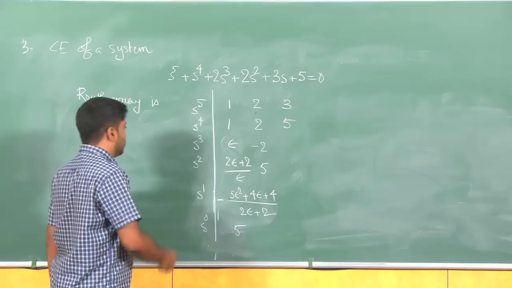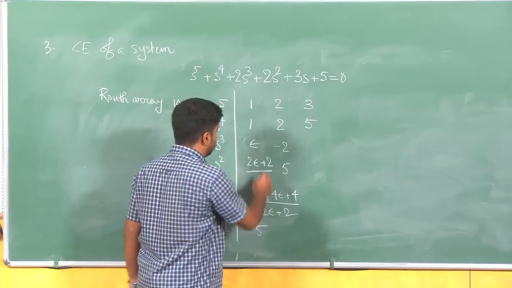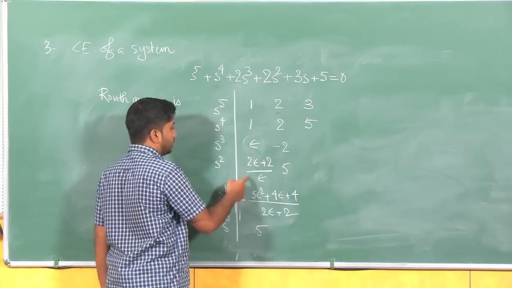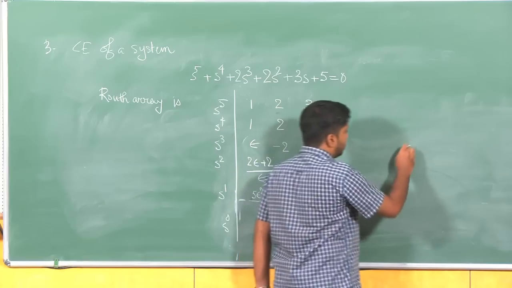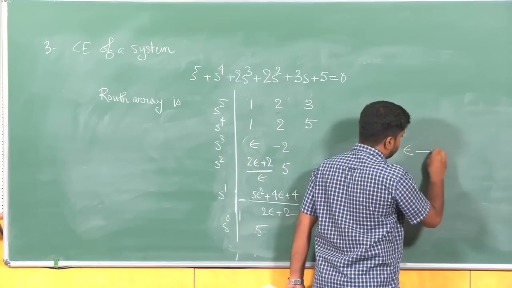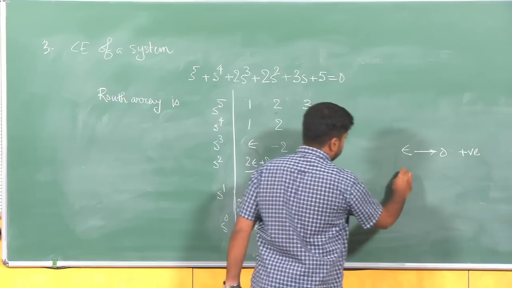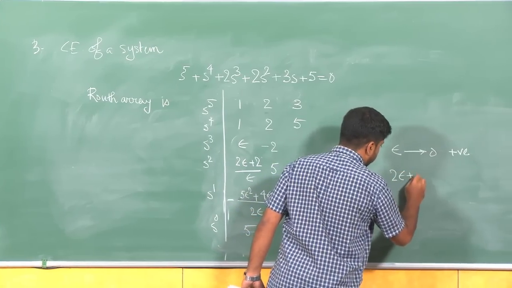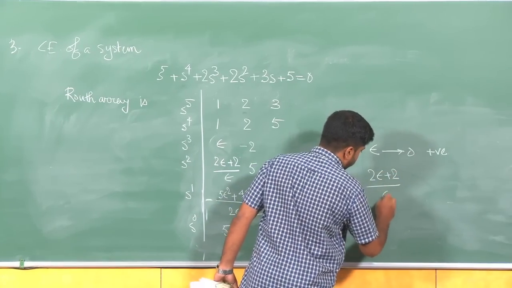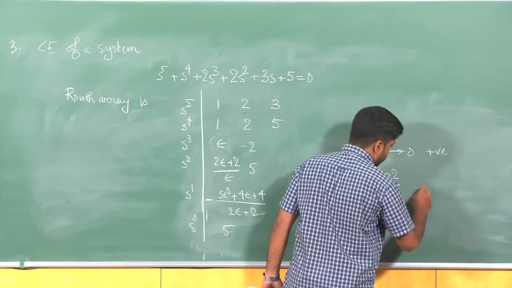So, what we do is now we consider these terms, we check the signs, considering that epsilon is a small positive number tending to 0, but it is positive. Then 2 epsilon plus 2 epsilon, this is a positive quantity,